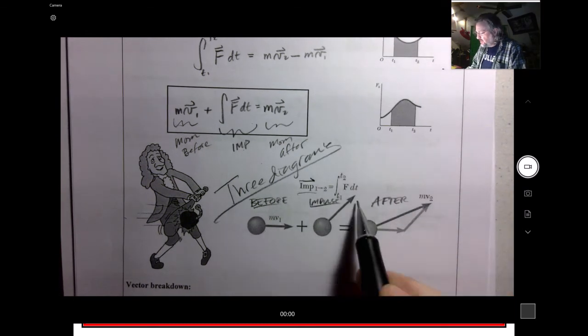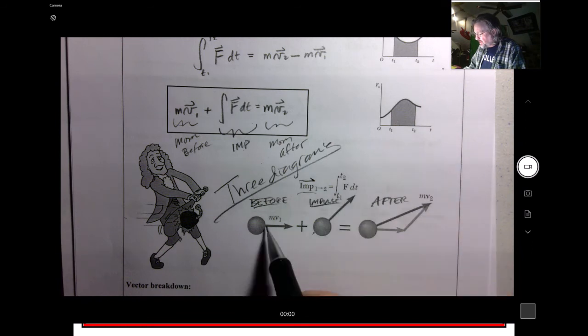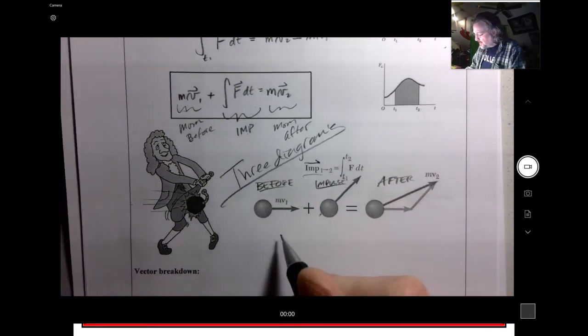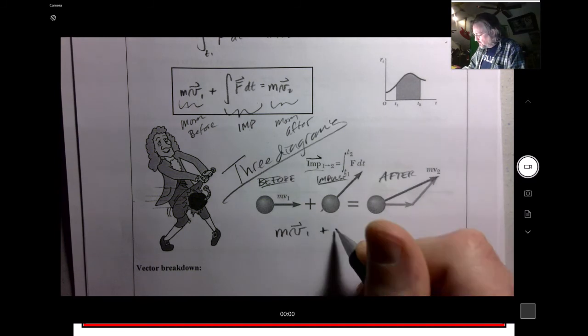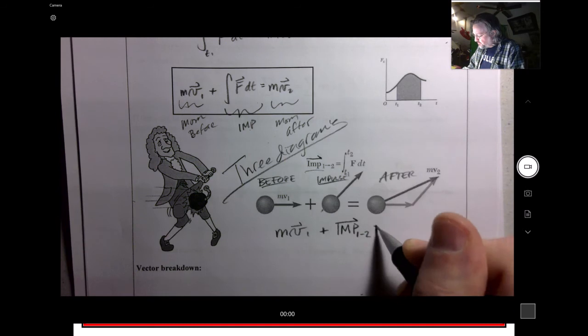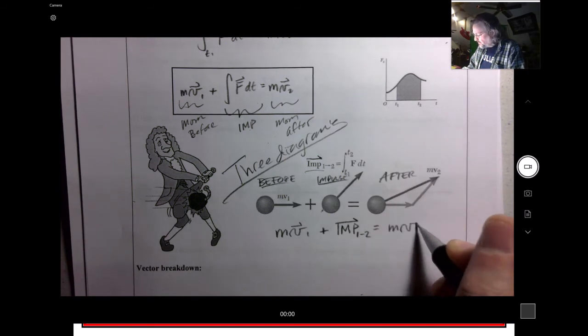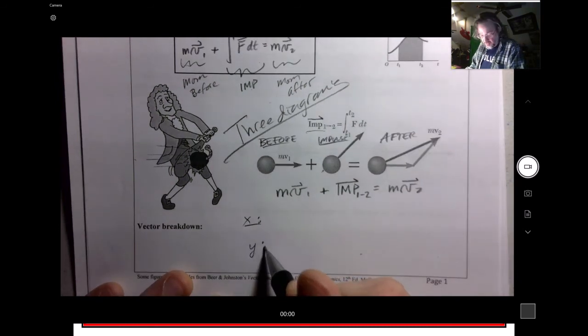And you can see in here that the impulse might have a direction onto that. So breaking these things down, here's the equation below as a vector, and I'll just put this as an impulse between 1 and 2. It's going to be equal to mass times velocity 2, right there. We have an x component and a y component. So we say